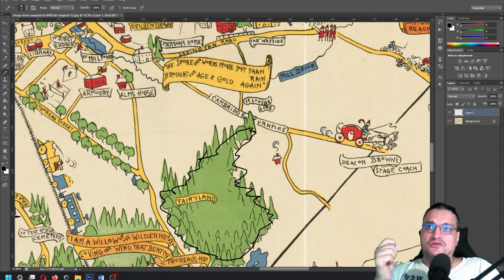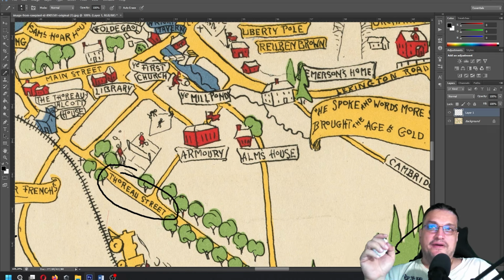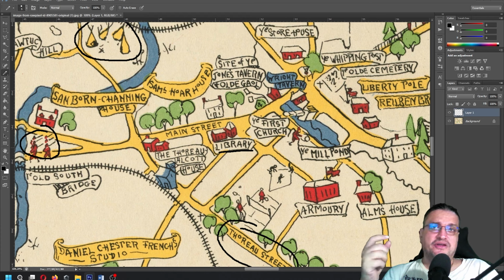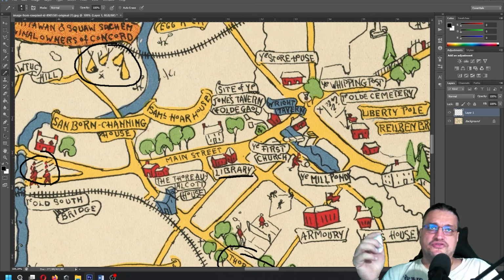Cambridge. Dorian Street. Yeah. And nearby, I think this one is a tennis field or a badminton field, I don't know. Recreational area. Library. So this was a developed settlement back then, a small town, or let's say a small city. They have all the necessary buildings to be considered a town. We have the library, church, of course,